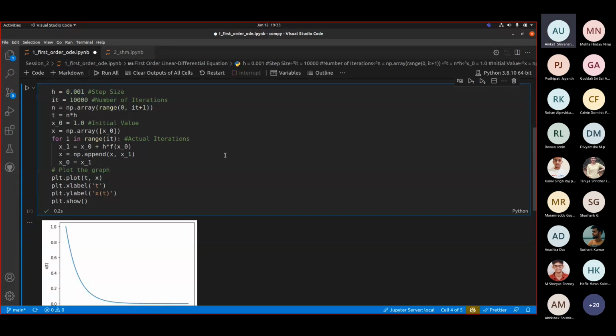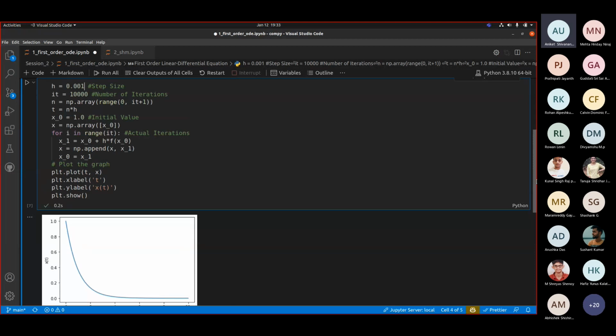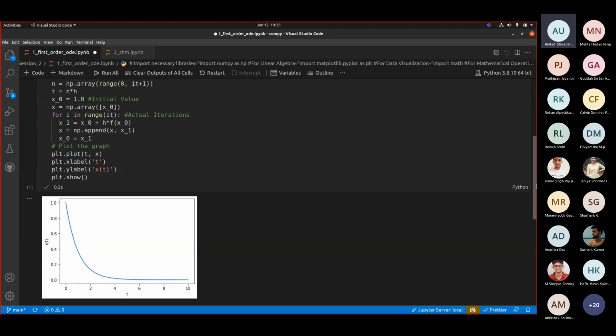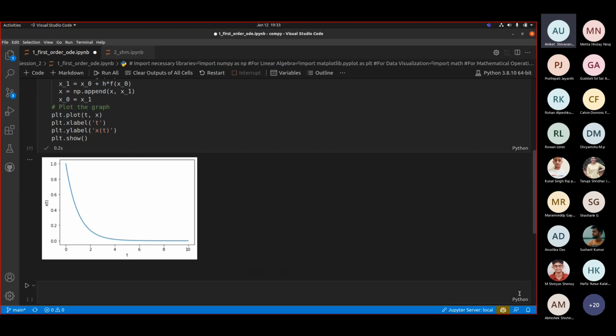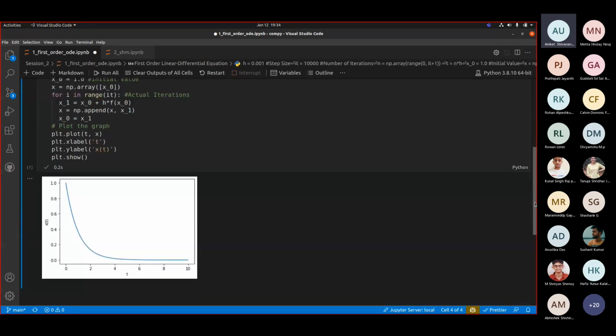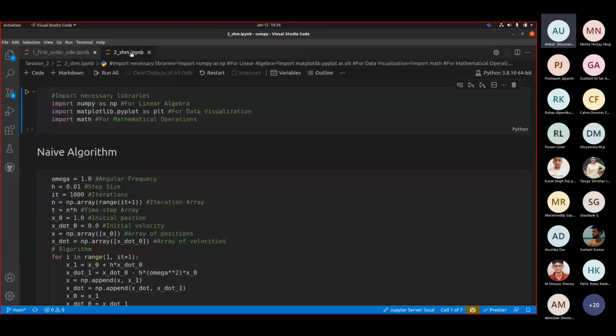Okay, so a good way is to do it via trial and error. If you can actually get a mathematical expression for the error, even better. I'm not going to cover error resolution here because that is a whole different topic in itself. So this was the basic template of a numerical solver. Now let's move on to something a little bit more complicated.